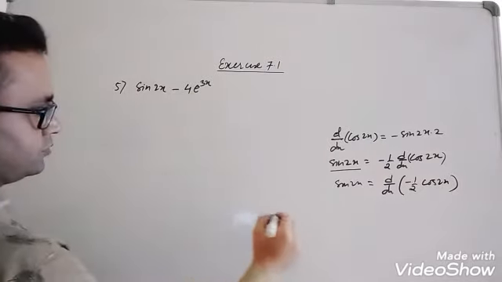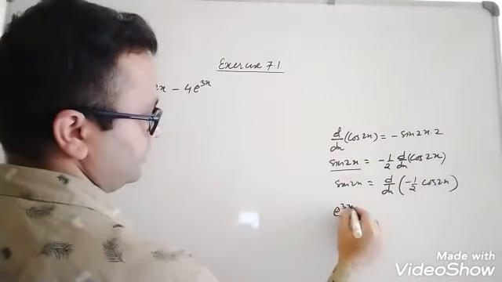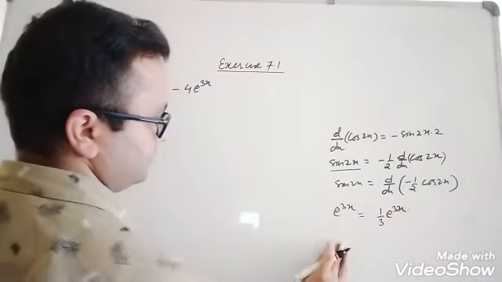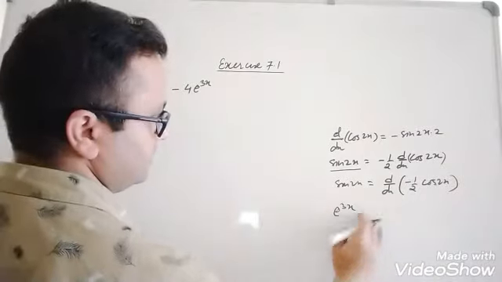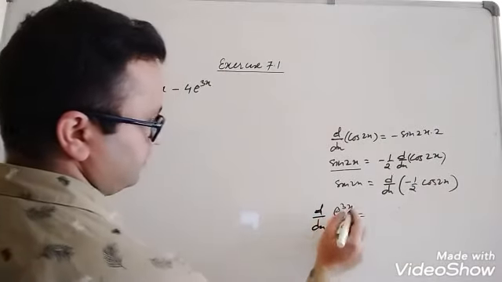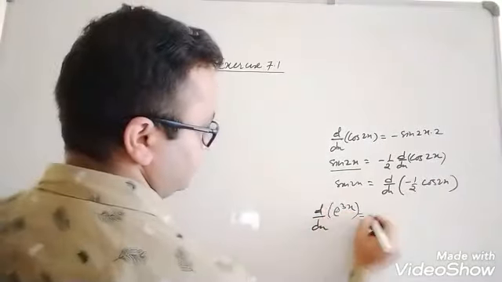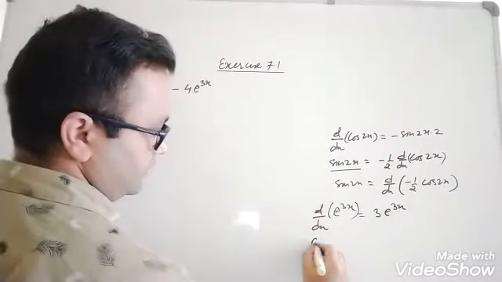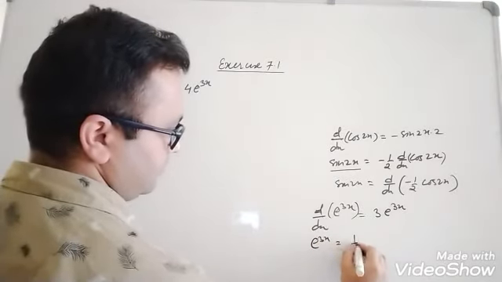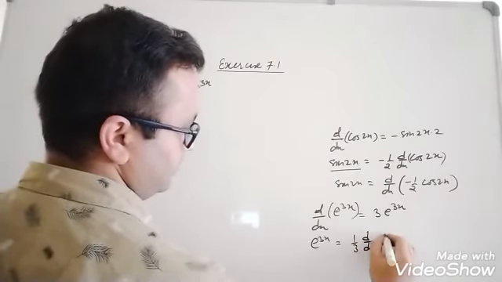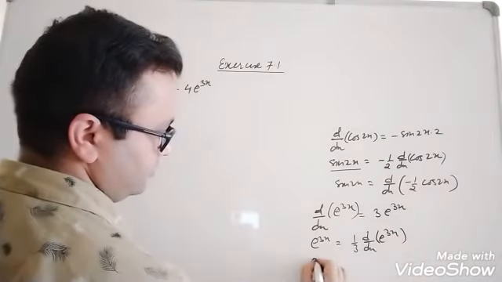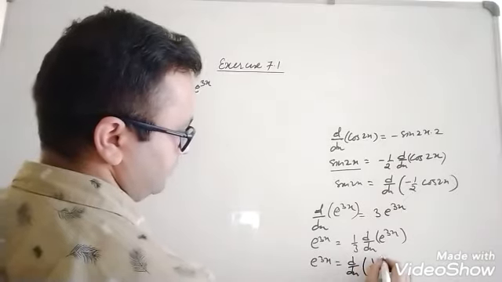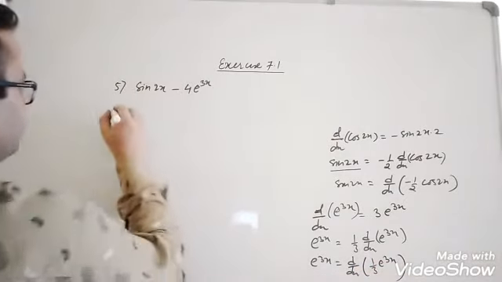Similarly for 4e to the power, so e to the power 3x. So e to the power 3x is simply 1 by 3 e to the power 3x. The differentiation of this is 3 e to the power 3x. So d/dx of e to the power 3x is 3 e to the power 3x. Then e to the power 3x is 1 by 3 d/dx of e to the power 3x. So e to the power 3x is d/dx of 1 by 3 e to the power 3x. So in the solution,